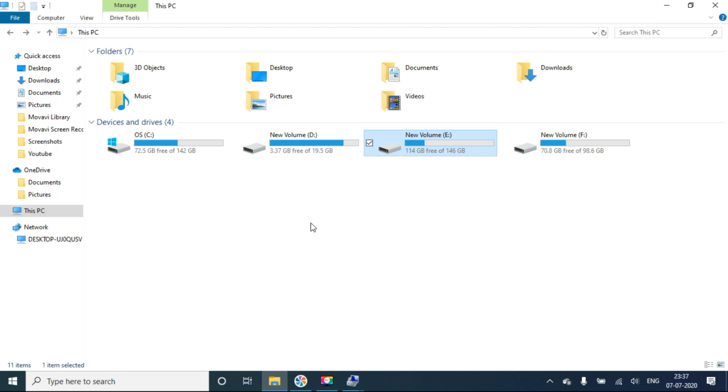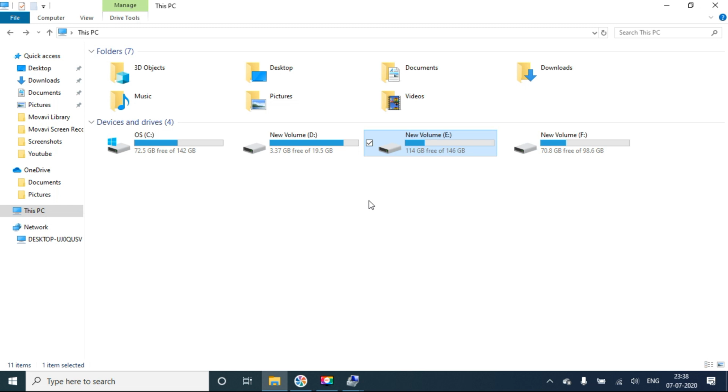This is the method to merge two drives in the system. Now we saw two things: how to split the partitions, and how to merge partitions in the hard drive.